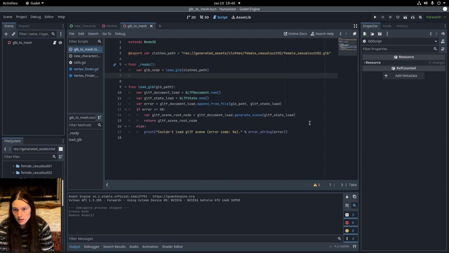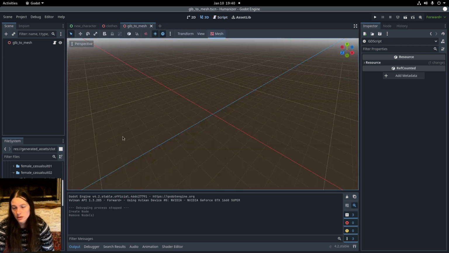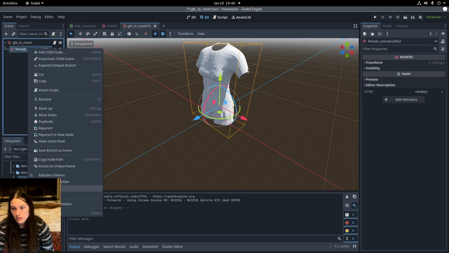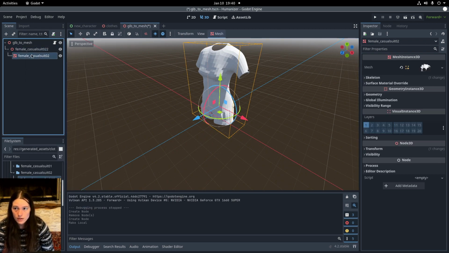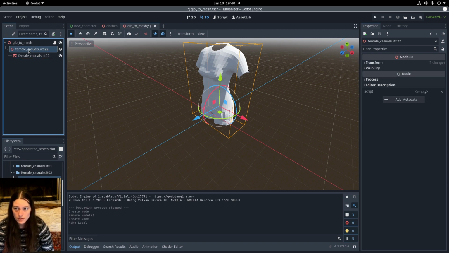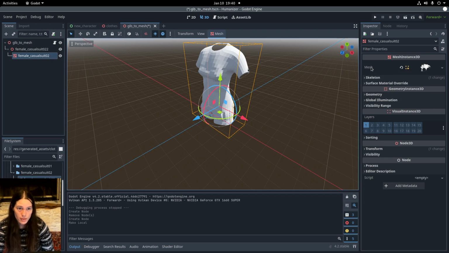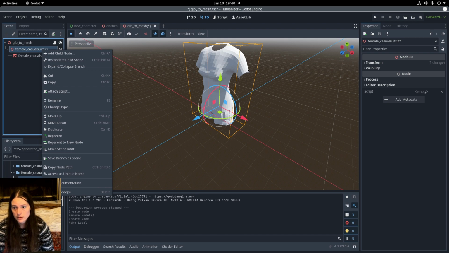And then I want to get the array mesh. So when you add the GLB to the scene and right click on the node to make local, you can see that it makes a node 3D and a mesh instance 3D. And then in the mesh, we have the array mesh, and this is the resource that I want to save. So I'll delete that,